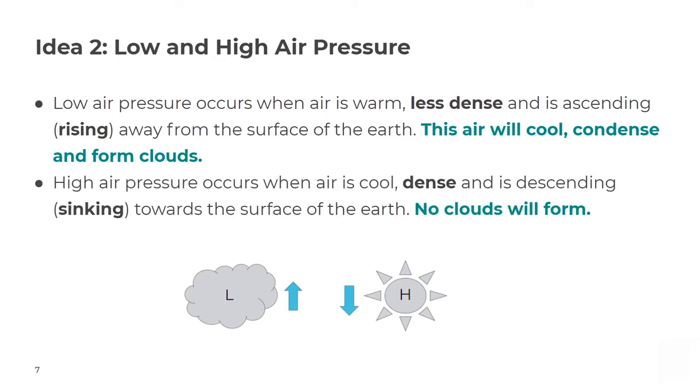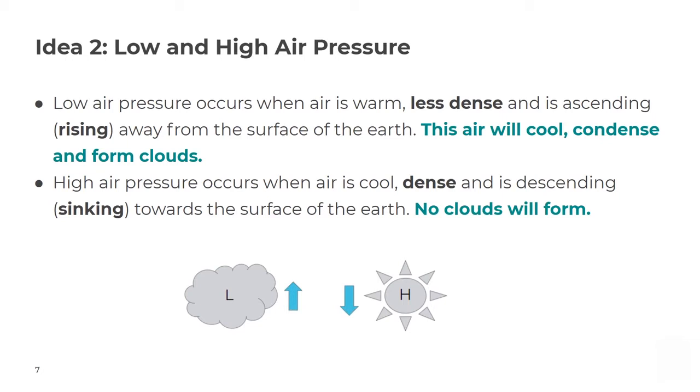High air pressure occurs when air is cool, dense, and is descending or sinking towards the surface of the Earth. No clouds will form. So just to be clear, low air pressure occurs when air is rising away from the surface of the Earth. It can cool, it can condense, it can form cloud, and therefore you get lots of rainfall in areas where